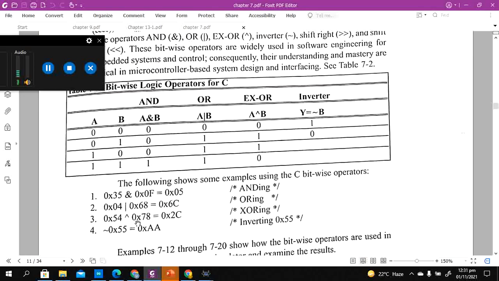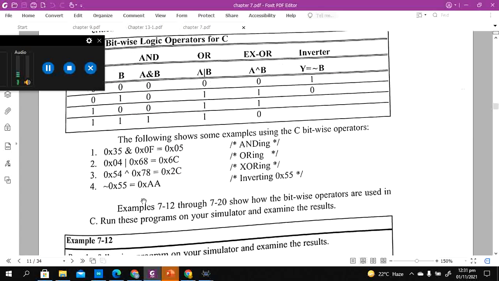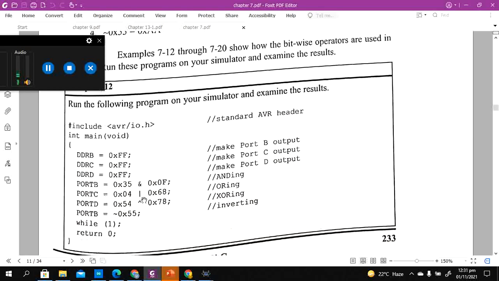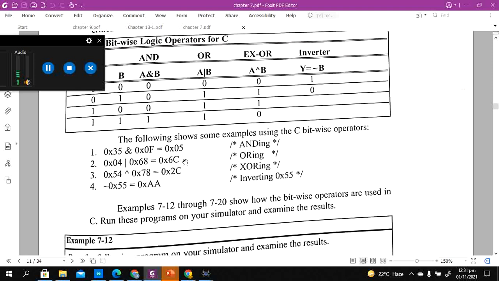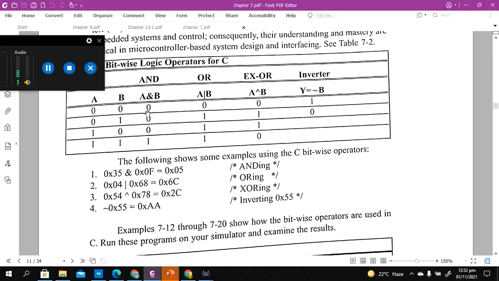So next thing is bit masking, and in bit masking you can apply different AND or OR operations at bit level, and this will give you the result in the form of these operators. Like if you're using A and B, 0 and 0 is going to be 0, and if it's an XOR, you can apply the XOR table here.